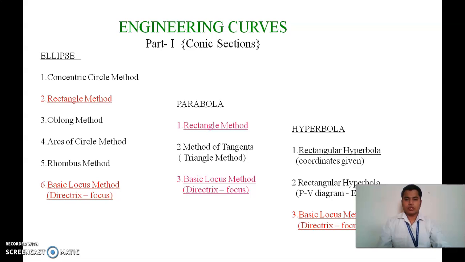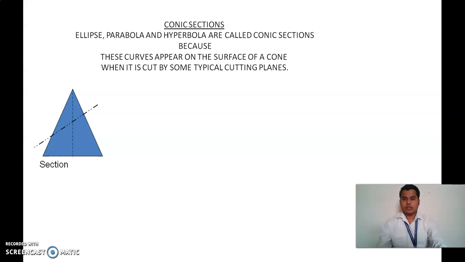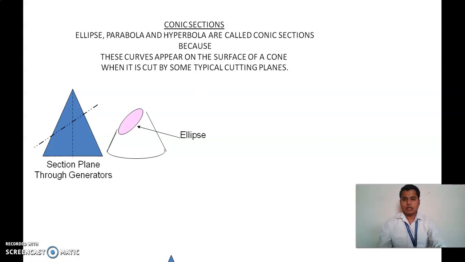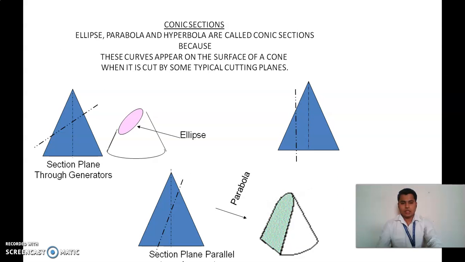Moving on, we need to see one by one what these curves are. The curves can be called conic sections. Now in these curves, we will see what an ellipse is first, and then we will move towards the other curves. A curve is basically an assembly of a number of points, giving you a curve. That may be a straight line, or that may have a curvature. So basically we are going to see ellipse, parabola and hyperbola, one by one.